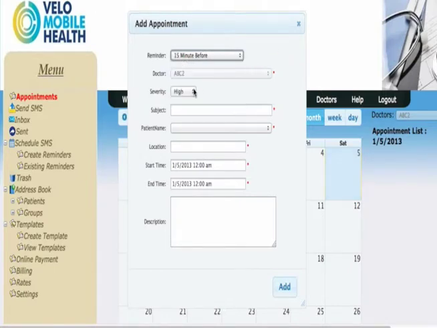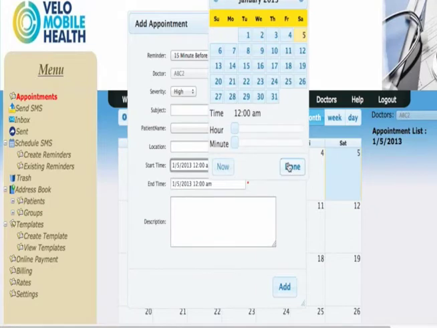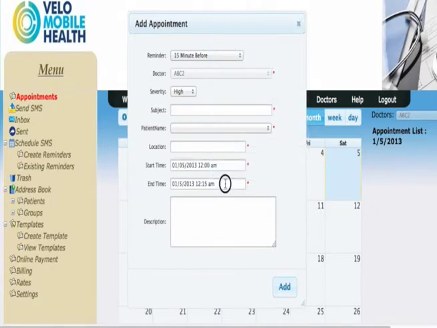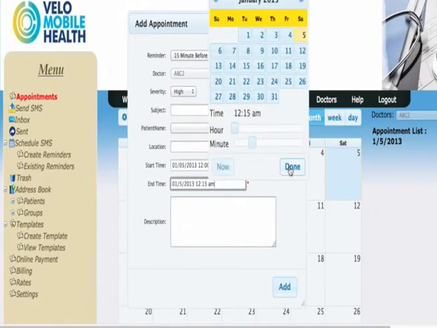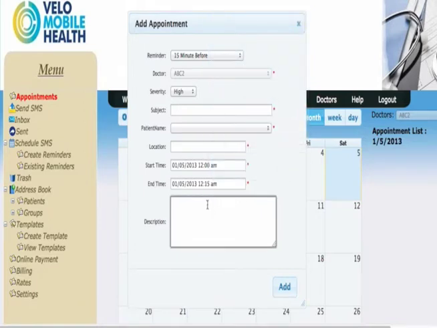Reminders, the severity, red for high, yellow for medium, green for low, the topic, which refers to what the appointment is about, the name of the patient, appointment address, initial appointment time, end appointment time, and the detailed description of the appointment.